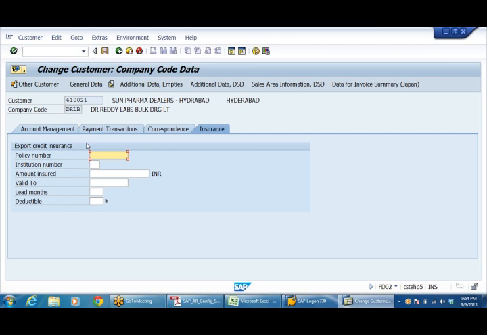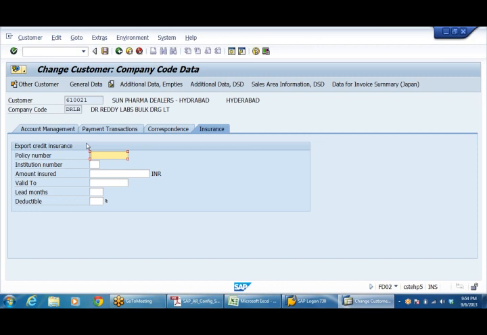Whatever material they dispatch from the plant is entered, and whatever material value we enter into the system, the insurance value should get reduced. Out of 10 crores, say for example today I have transported material worth rupees 1 lakh, so 1 lakh should get reduced. 9,900,000 should appear in the balance of this insurance.